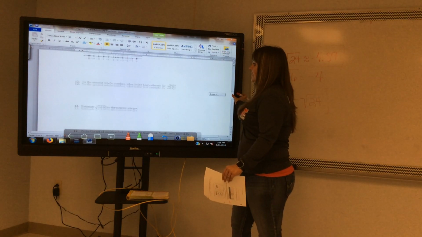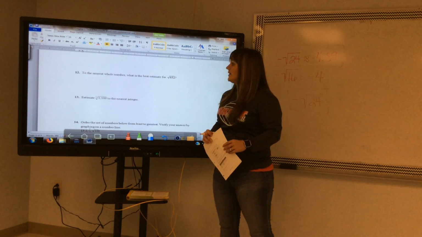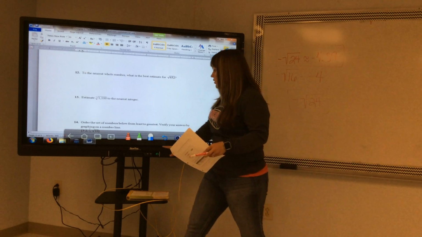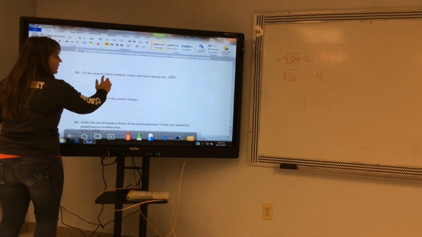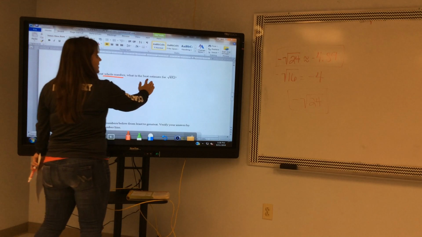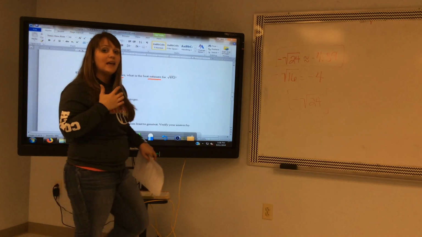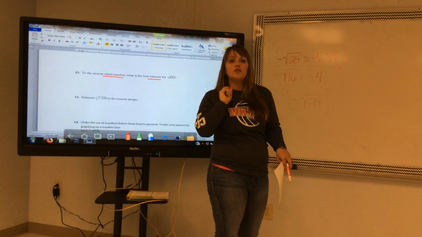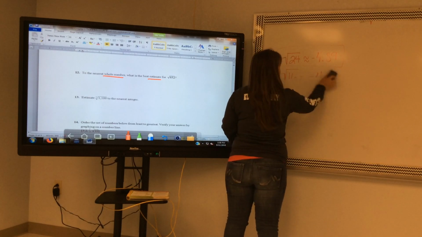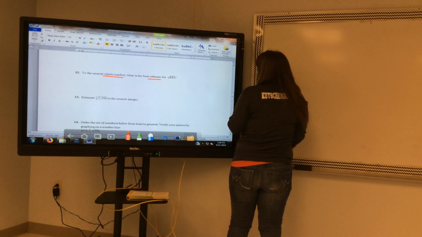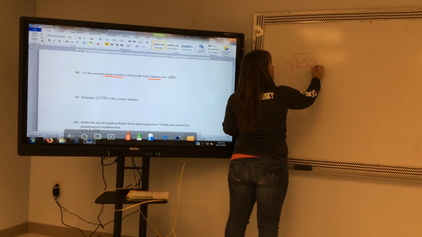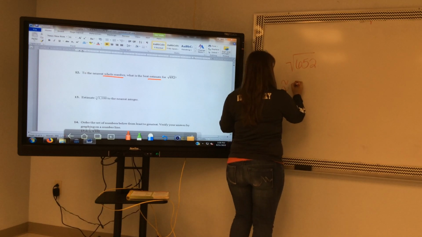Number 12 says to the nearest whole number, what is the best estimate for the square root of 652? So if you notice, it says to the nearest whole number, which means I should have no decimals, no fractions, and this is an estimate. So that means it might not be exactly right, but you need to round it to the closest whole valued number. So I go into my calculator, I use my radical sign, and I plug in 652, and I get that it is approximately